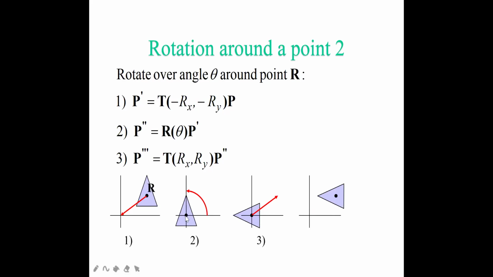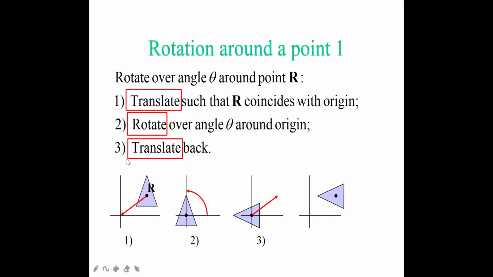So on p dash I have to do the rotations, and whatever the new matrix I get, I will keep it as my p double dash. So the rotation of your angle with this p dash value gives you the p double dash. Okay. Now what is the third point?